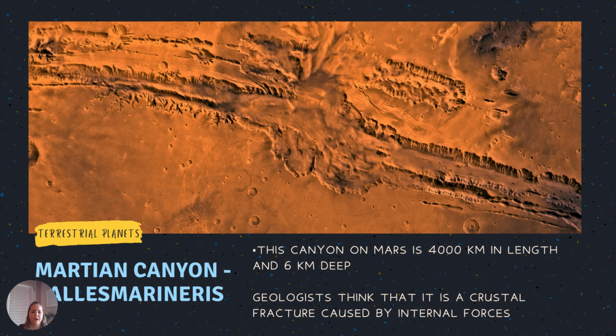Then we get over to the Big Canyon, the crevasse that I was talking about. This is about 4,000 kilometers in length and 6 kilometers deep. It's pretty visible, as you can see. They think, because we don't have any hard record of large amounts of flowing water on this planet yet, that this was from crustal fracture and things shrinking as it cools down. So our Grand Canyon is formed from water, whereas this one we're thinking may be formed from more of a crustal shrinking and things cracking.